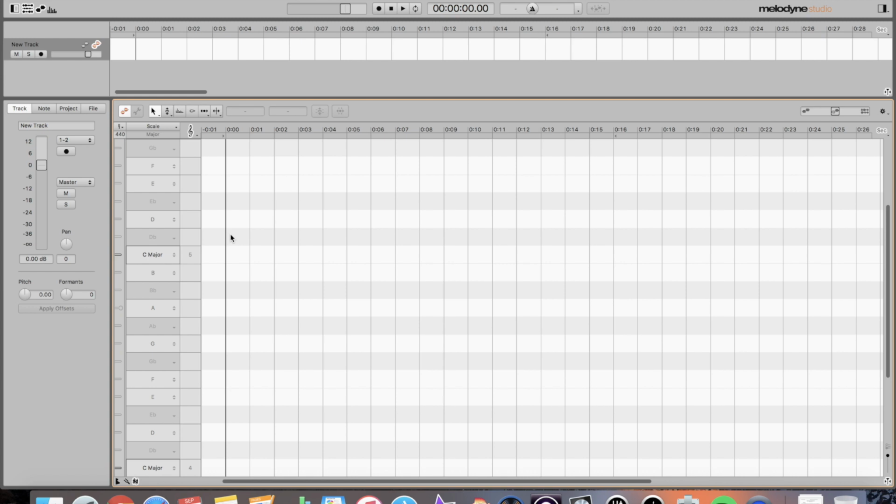Let's take a look at Melodyne Studio. Before we get started in Melodyne Studio, I want to set up a few quick keys, because the quick keys in Melodyne are going to be the way to move around quickly. There are some default ones that you don't need to worry about, and then there are some that I want to show you how to set up to help you through the process of making your edits